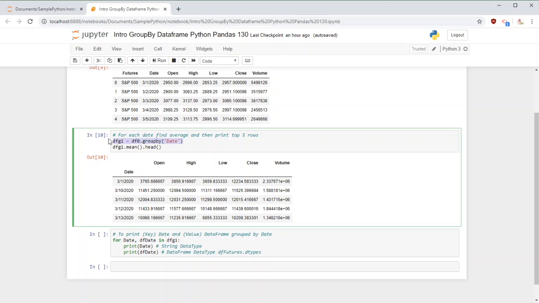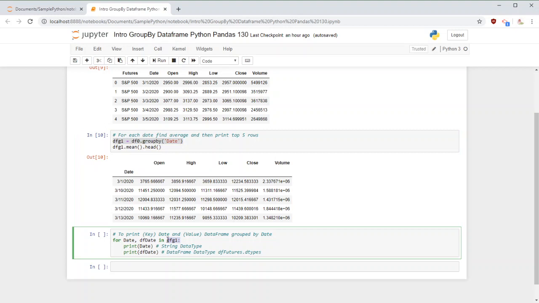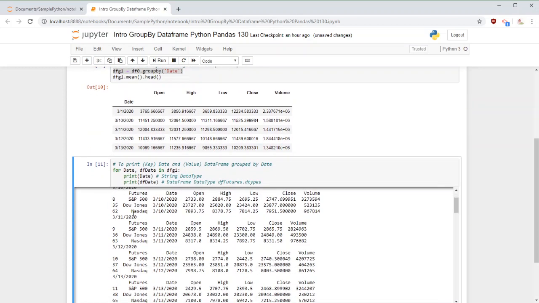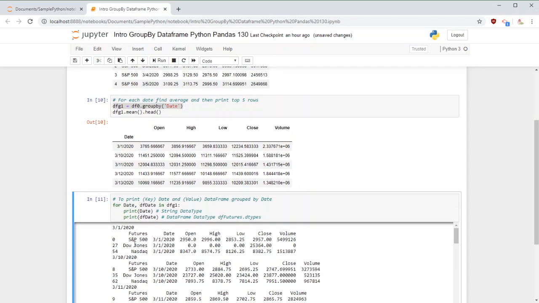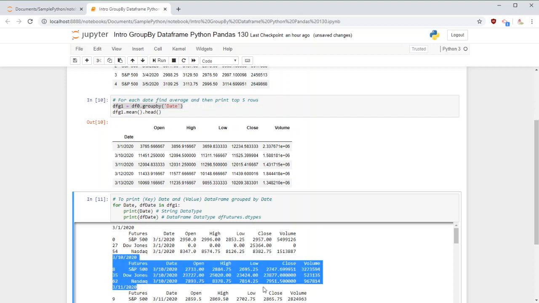So then we have this data frame groupby object here. For this object, what I can do is loop in a for loop, find each of its dates and corresponding data. Once we have a look at it, this will give you more clarity. So here if you see, for March 1st, we have 3 records, one for S&P, one for Dow Jones, one for Nasdaq. It shows the date and the open and close for each of these. Similarly for March 10th, it does the same. Note here, after March 1, it was not March 2nd, it was March 10th.